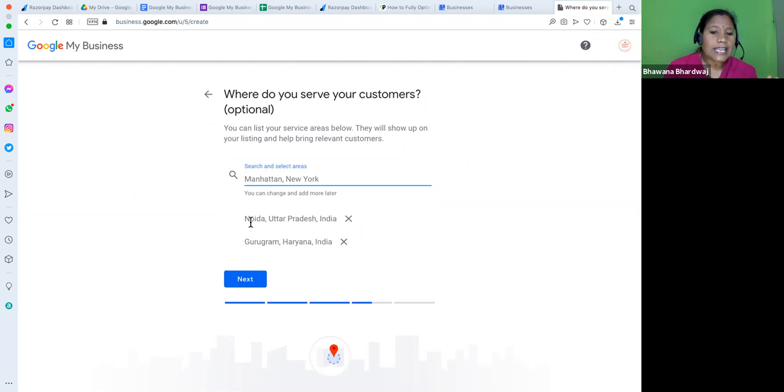So as soon as I'm selecting Noida, my Google My Business presence competition will be limited to the Noida people only. Now everyone is providing everything online. So in that case, you can just avoid giving that address. You may not give any address if you want to provide your services globally; you can just keep this space blank, right?